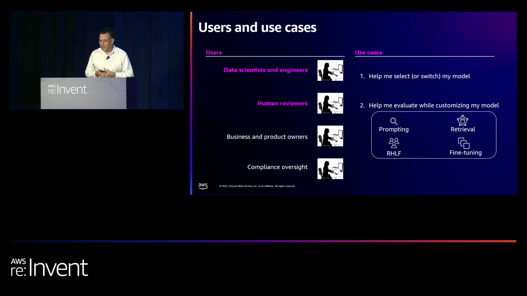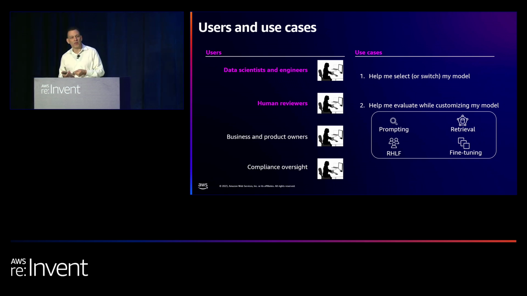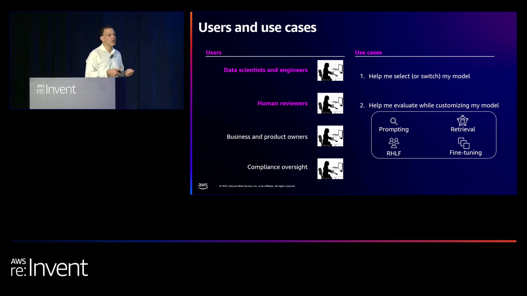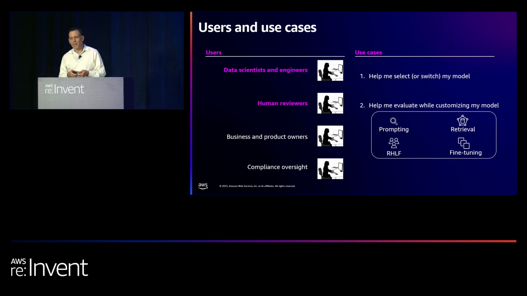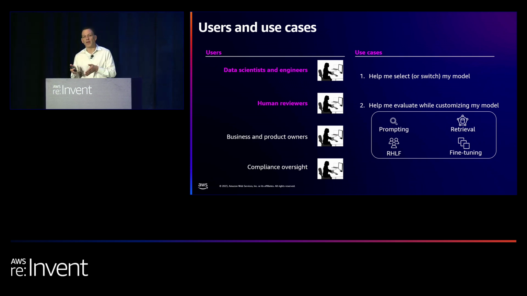And the users for this capability that we designed it for, the primary ones, are the ones highlighted in pink up at the top there on the left, which is the core SageMaker users of data scientists and engineers, and also, as I mentioned, the human annotators who will be reviewing and providing evaluation feedback. And these two groups will work complementary with the tool set. So you can use the algorithmic scores produced by the automatic evaluations to optimize the usage of your human workforce. That is, only have them review the ones that are the riskiest, and therefore getting the most use out of them.